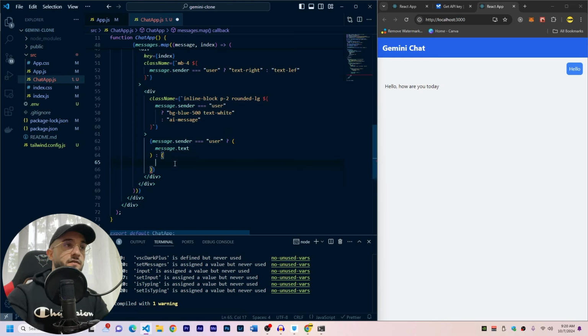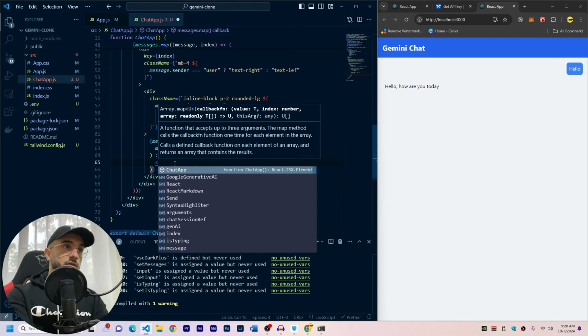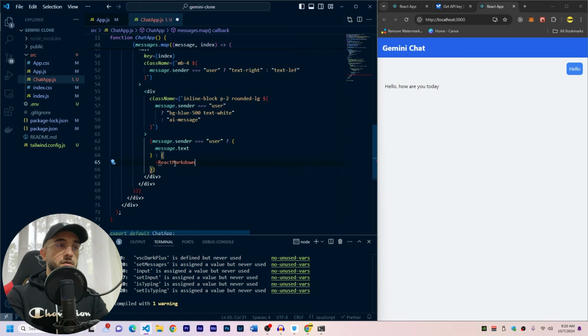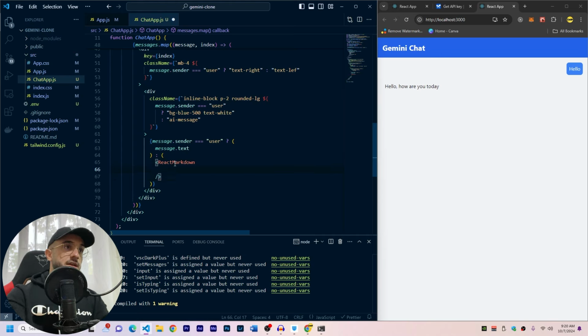But for the second one, if it's AI, we are going to render the markdown, and we're going to create a React Markdown here. So here I'm going to use the React Markdown component that we have imported, and I will close it. And this is going to take some attributes. The first one is a class name that we'll create later. And for the class name, with backticks, I'll write prose and max-w-none for the max width. And also we're using JavaScript code here. With JSX, we'll do